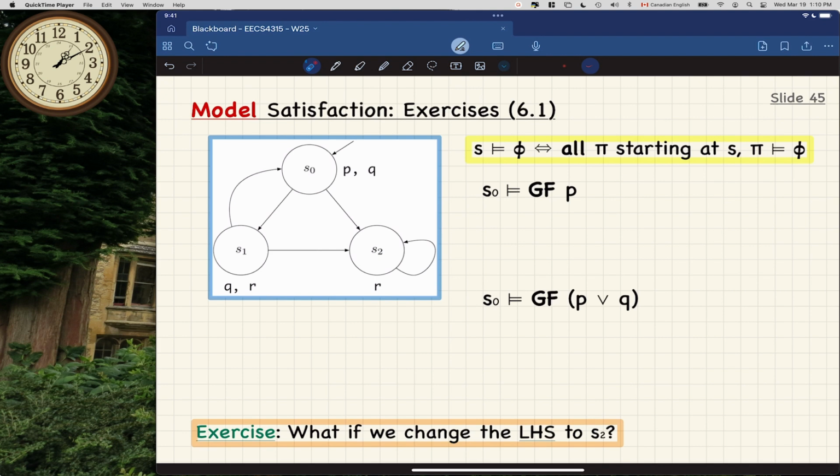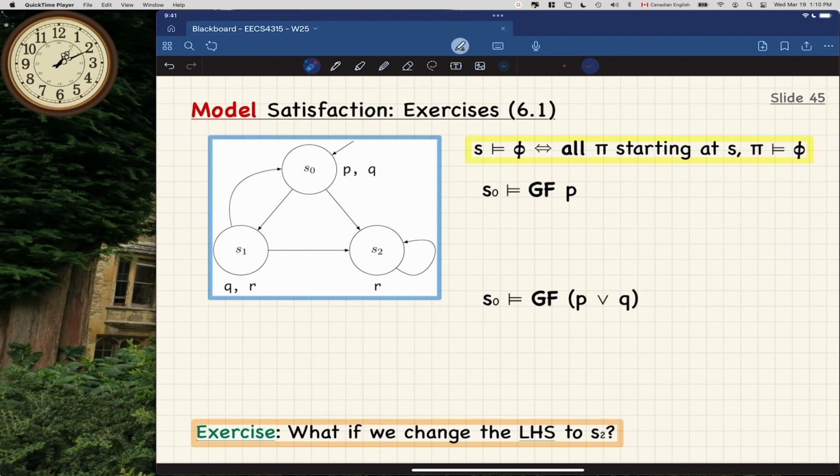Let's start with something simple. We're doing path satisfaction. We're going to consider all the paths starting from S0. Is it always the case that infinitely often P is true? Anyone? If you don't think so, you should really give me a witness path. Farris, go ahead. No. Give me a witness then. S0, S2, S2, S2. And how come that one would contradict this property here? Because S2 does not satisfy P.